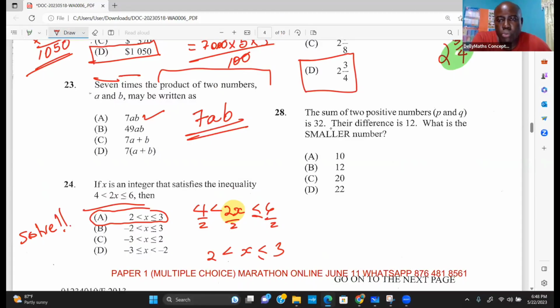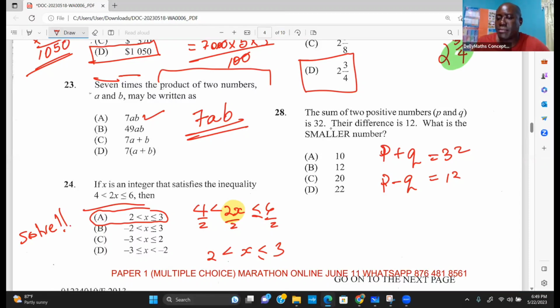The sum of two positive numbers, P and Q, is 32. I'll set this up as I go. The sum means to add, so P and Q add to give 32. Their difference is 12, so you're saying P minus Q is 12. So right now, I'll just